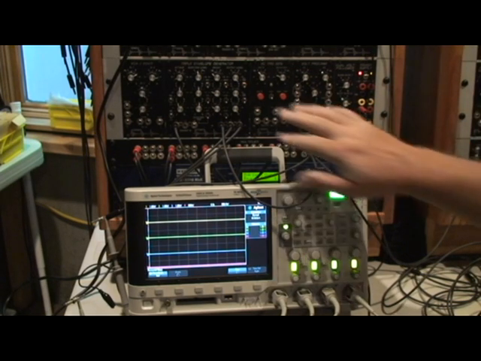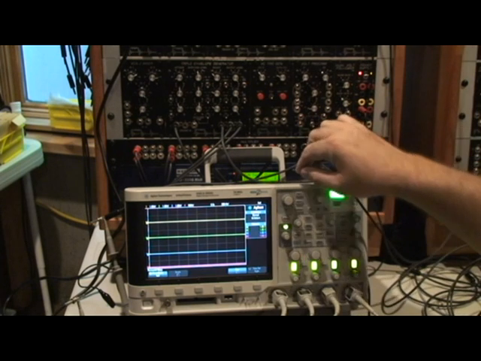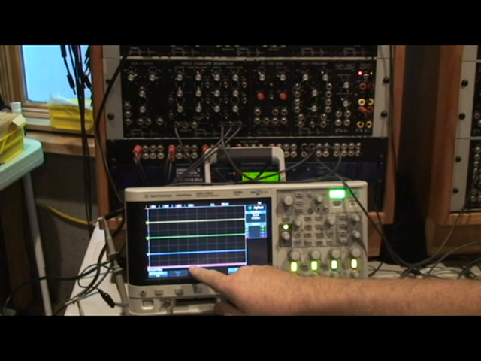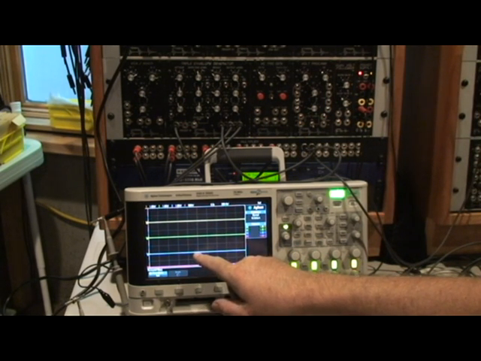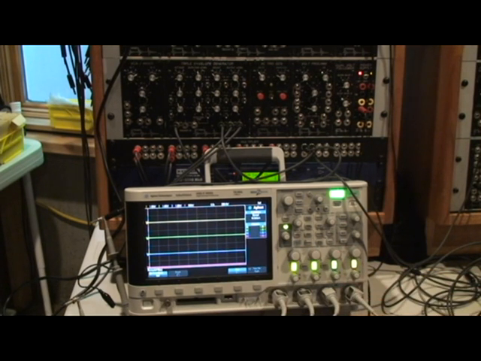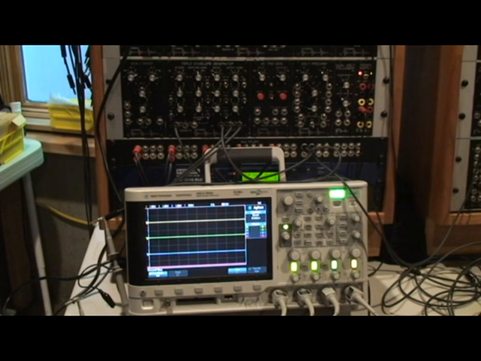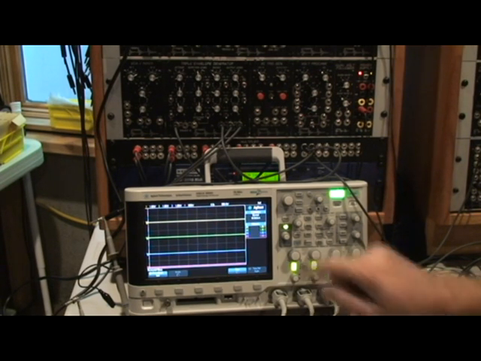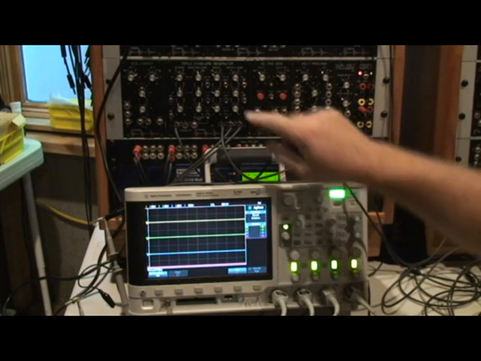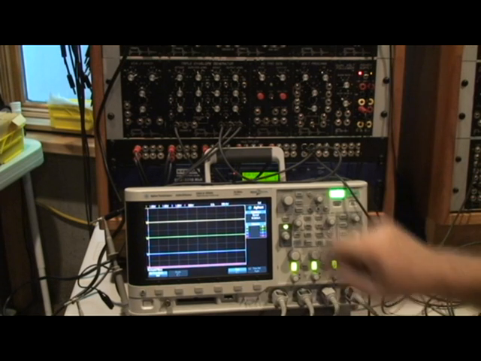I've got up here the triple envelope generator. This is an oscilloscope showing: pink is the trigger, blue is the third envelope generator, the duration time type, green is the second envelope generator, a duration level type, and the yellow is a duration level type envelope generator as well. The difference between these two is this switch over here, which converts the attack